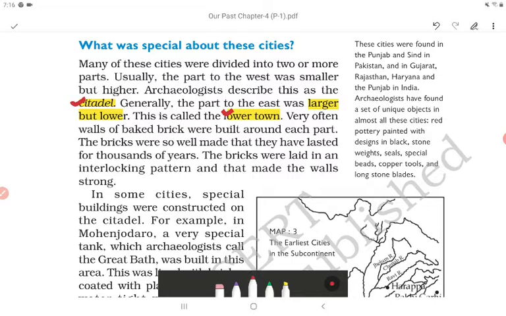Very often, walls of baked bricks were built around each part. The bricks were so well made that they have lasted for thousands of years. The bricks were laid in an interlocking pattern and that made the walls strong. These cities were found in the Punjab and Sindh in Pakistan,